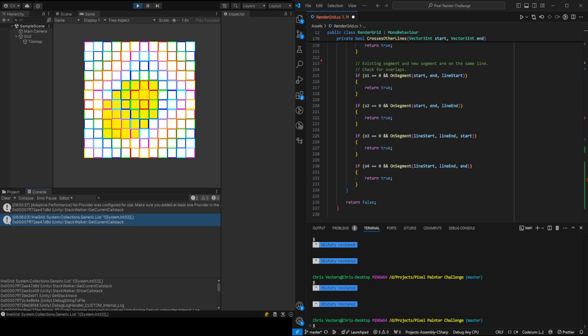Okay, this doesn't say anything. ISet, yeah. It only has a HashSet pool. Okay, so a set. So why does it have an ISet but not